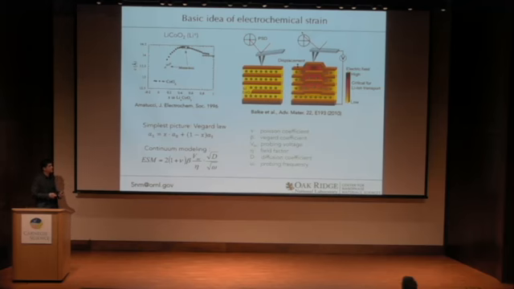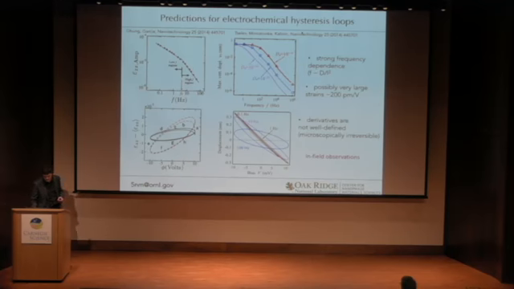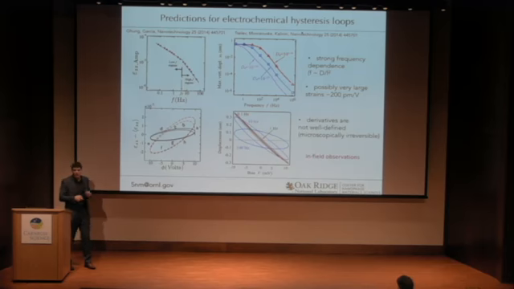The basic expectation would be that we should have some kind of vibration of the tip induced by ionic motion. By now, the theory has made a lot more inroads into this technique than experiment. There are a couple of things that are predicted for this technique of electrochemical strain microscopy. Number one is a very strong frequency dependence of the probed signal. The frequency dependence is determined by a characteristic length scale over which the ions can travel in the material, so it's proportional to the diffusion coefficient divided by some characteristic length scale, which could be the size of the tip or the size of the grain, for every specific situation.